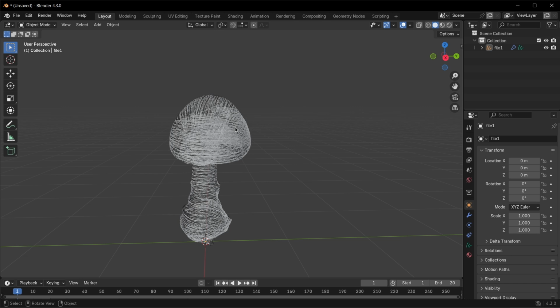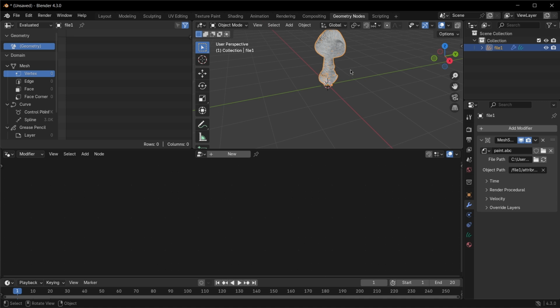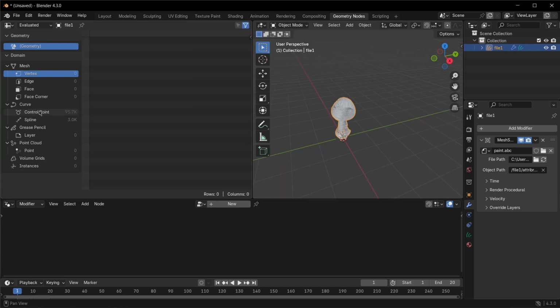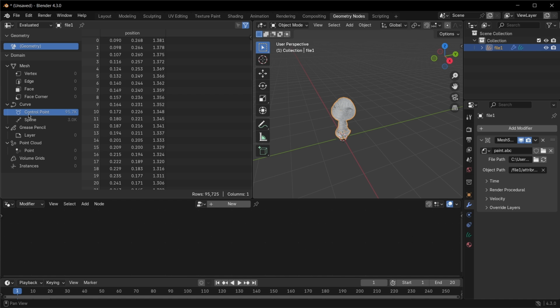Now, we should take a look if all the data that we had on this object has also come through into Blender. So for this, let's go to the Geometry Nodes tab in here. Let's select our object, and we have Blender's version of our geo spreadsheet in here. Let's make this a bit larger, and let's take a look at the control points of these curves that we imported. And in here we have a problem, because Blender, for some reason, still thinks that curves and particles only need a P attribute, only need a position. It does not care about colors or pscales, which is of course a big problem